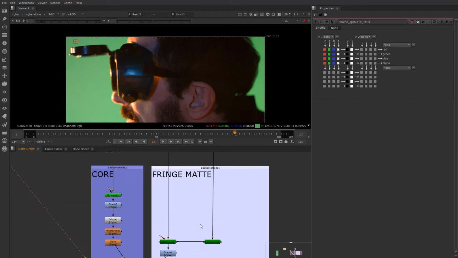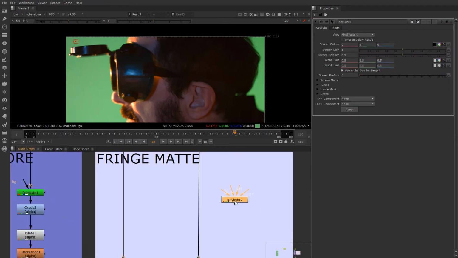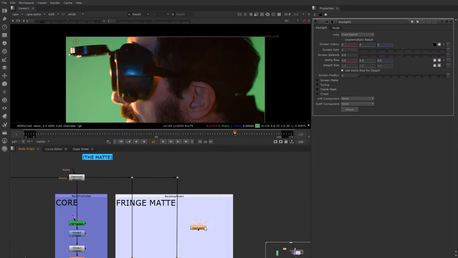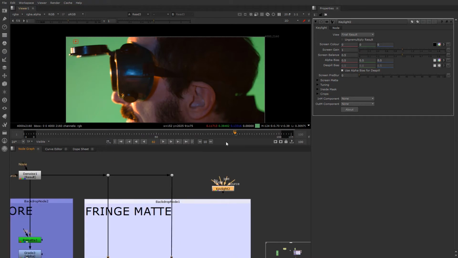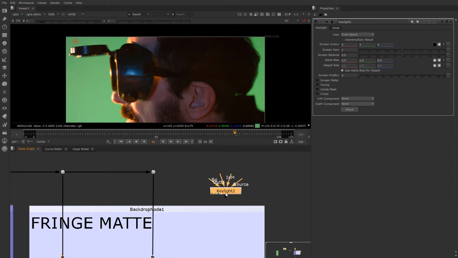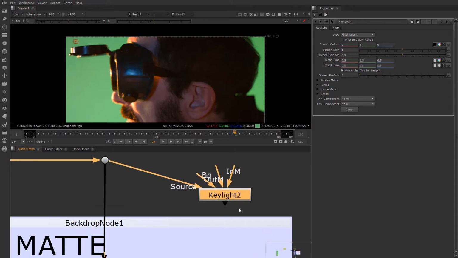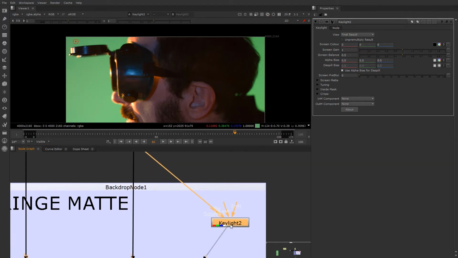Don't always commit to an IBK. I'm just telling you that right now. So you might commit to a Keylight. If you sit here, people will tell you, oh, use IBK, use IBK. Well, in this case, it's a static shot. The camera's locked off. The value in this quadrant of this green screen back here is not going to change regardless of Jack moving. So if I go ahead and put this into the source,